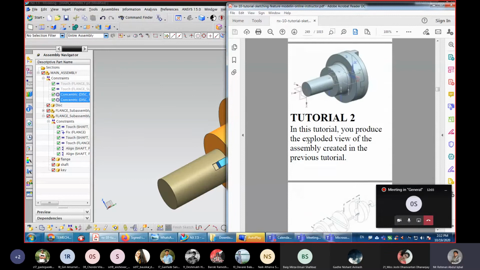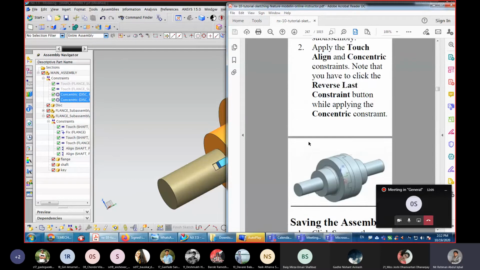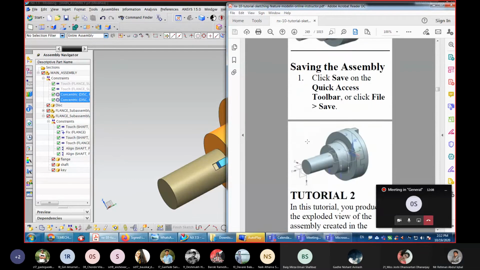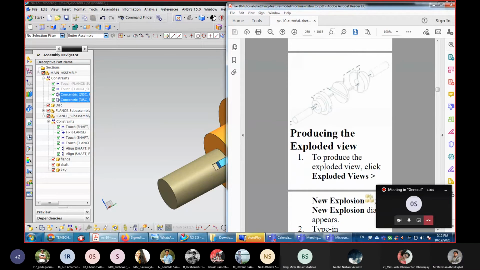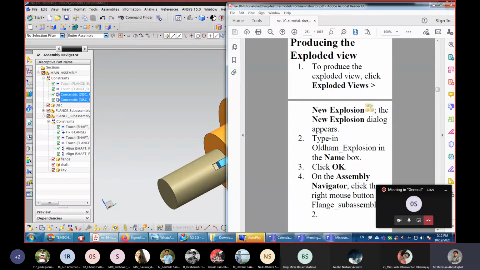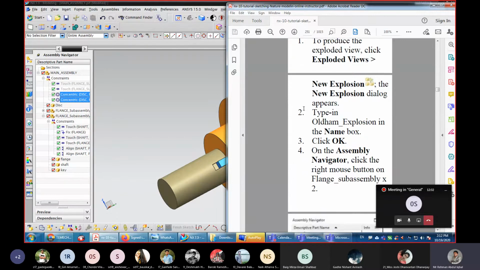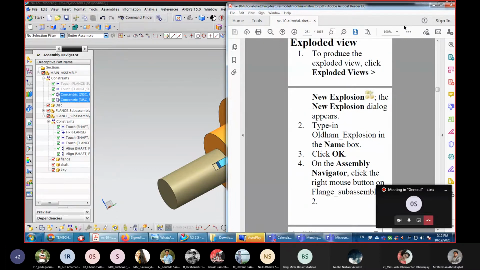So what we will do is produce one exploded view. An exploded view means that in the assembly, we can have one view where all the components are disassembled and kept at a certain distance. You can see this. In this way, we can generate an exploded view. For that, a step-by-step procedure is given in this PDF, so by reading this PDF also, we can do it.